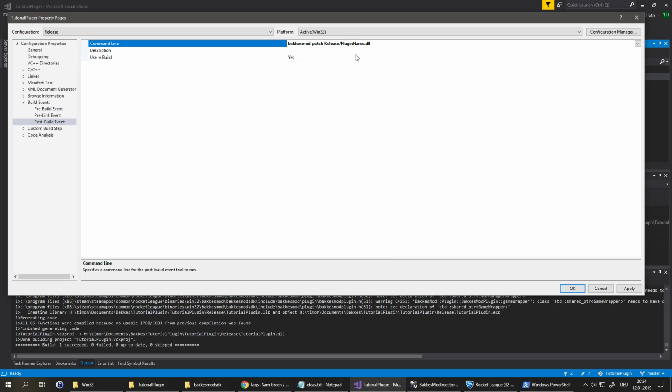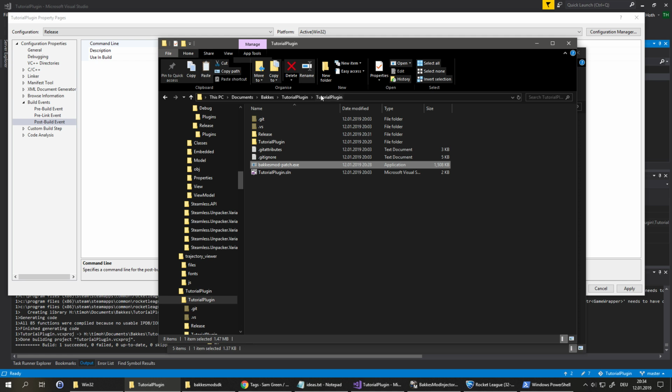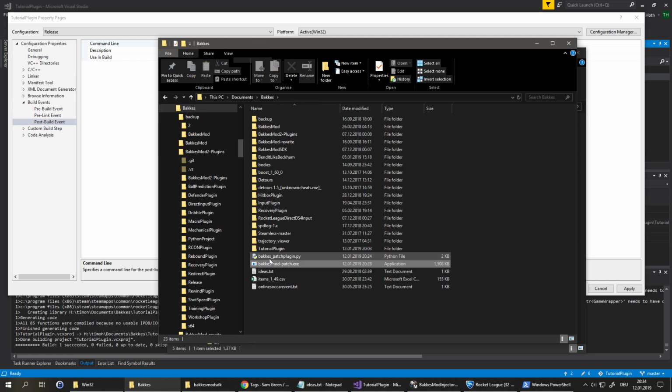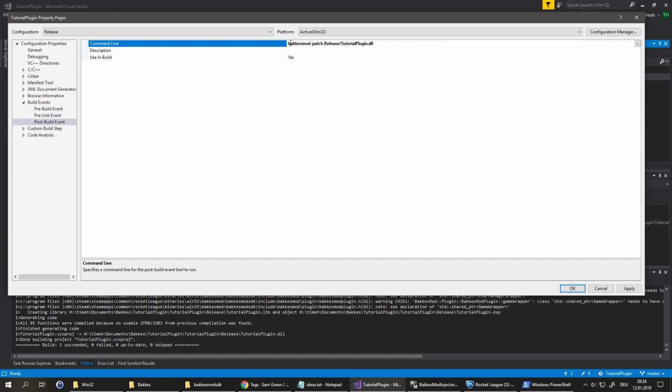So rather than having Python, you can just put the full path to the executable file right there and put this one in the same directory where I had the Python file, and then I just do this. And then it calls this part, and now we have to do the $target again,